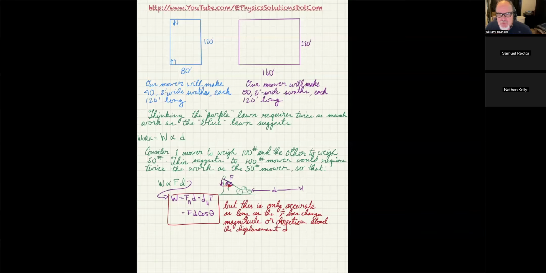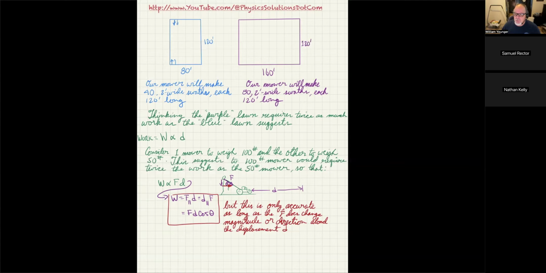It may or may not be a straight line, but the main thing we got to do, whether it's a straight line or not, is we got to keep the angle between the force and the displacement path to be a constant, and we got to keep the magnitude of the force to be a constant over that whole path, whether it's a straight line, a curved line, or whatever. If we do that, then these formulas work, and that is our motivated definition of work, at least under those specific